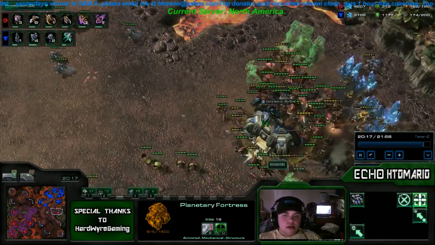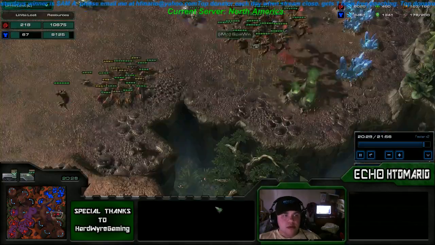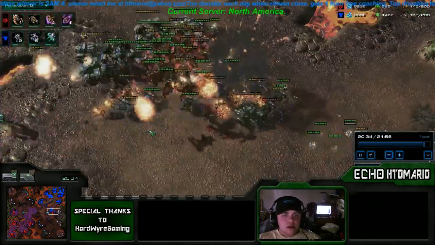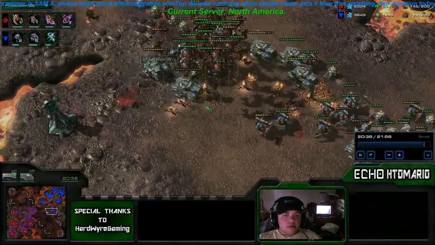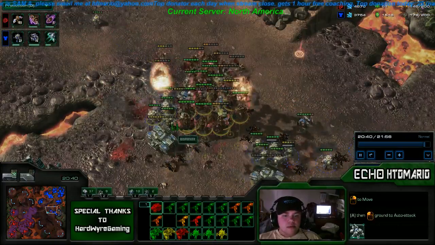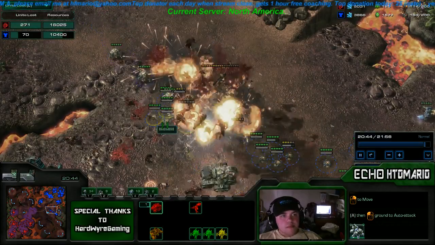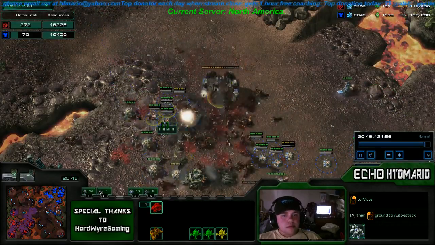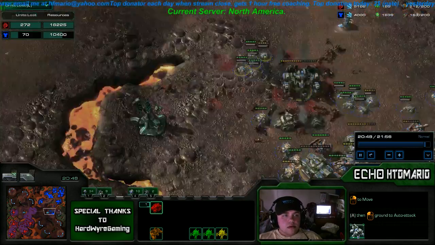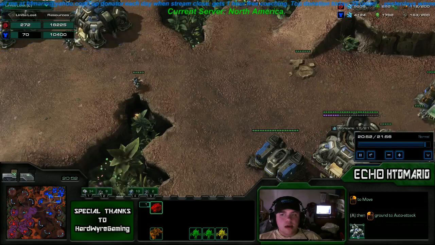He takes this out, but he also takes a lot of damage. The Planetary has 25 kills. And then here is the real kicker. So he's right on top of my army. And boom. So it's really starting to go in my favor, the battles,